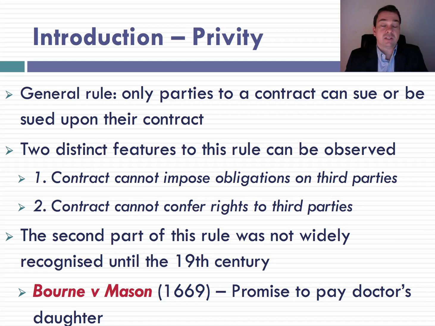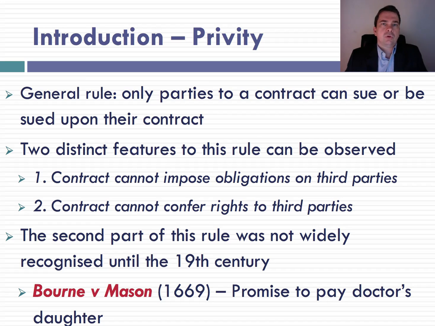The Doctrine of Privity, in a nutshell, means that only parties to a contract can be sued or can sue upon it. In other words, if you're not a party to the contract, you cannot enforce it. Neither can you be forced to do something. Now, there's some resemblance with the notion of consideration. Recall that only a person who provides consideration is able to sue upon a contract. However, the Doctrine of Privity is more far-reaching. In fact, it consists of two separate rules.